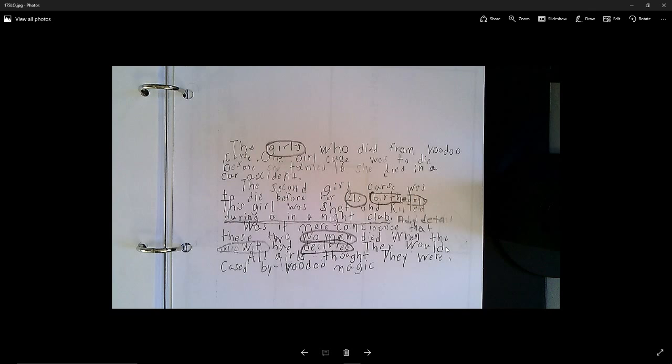So this is his rough draft, and it's just the first paragraph, but we can see he's done a pretty good job of taking all of the sentences that are in the four-square organizer and constructing them into a paragraph. We've done a few spelling edits, and I've underlined a place where he needs to add some detail. And so